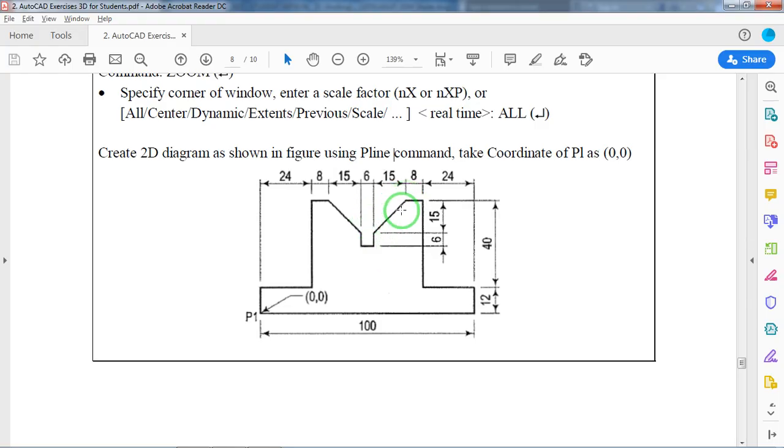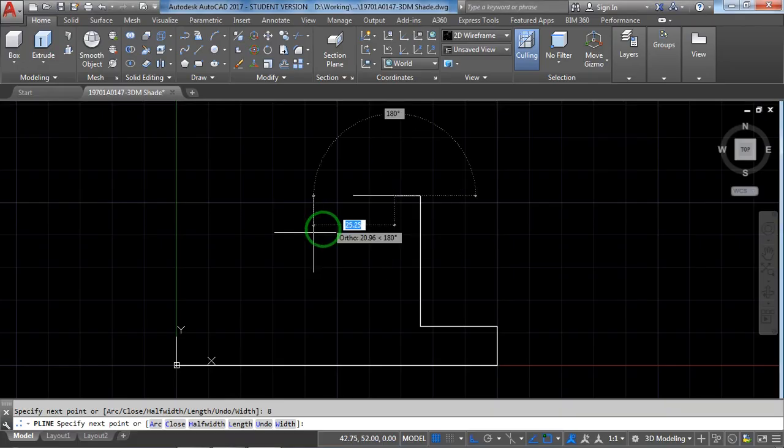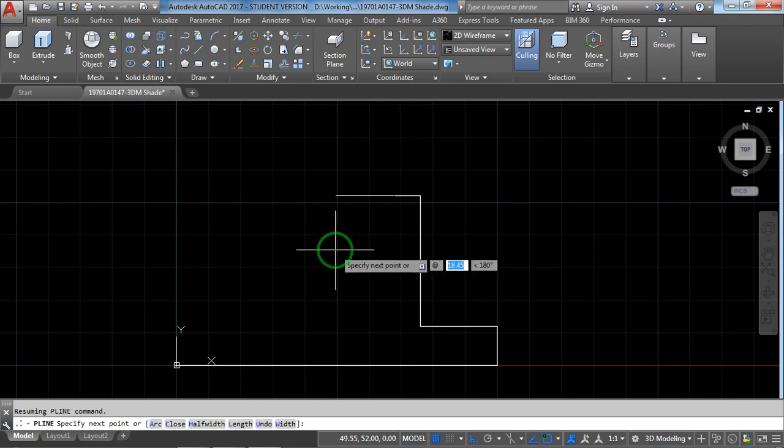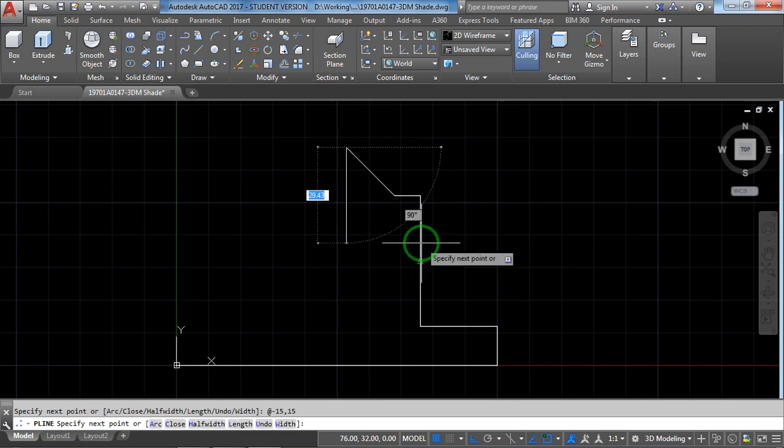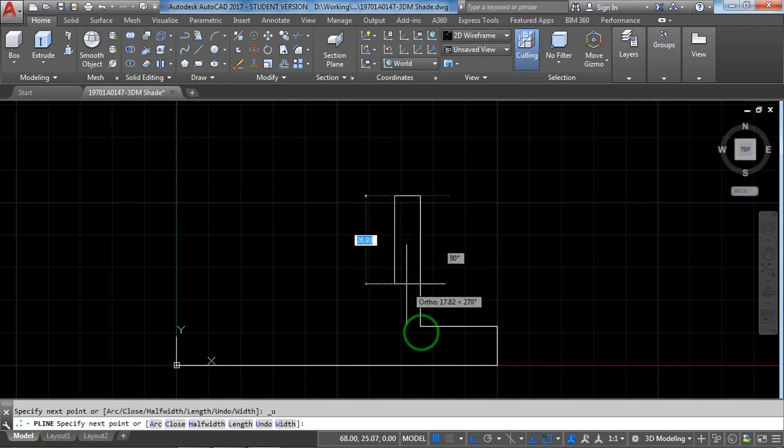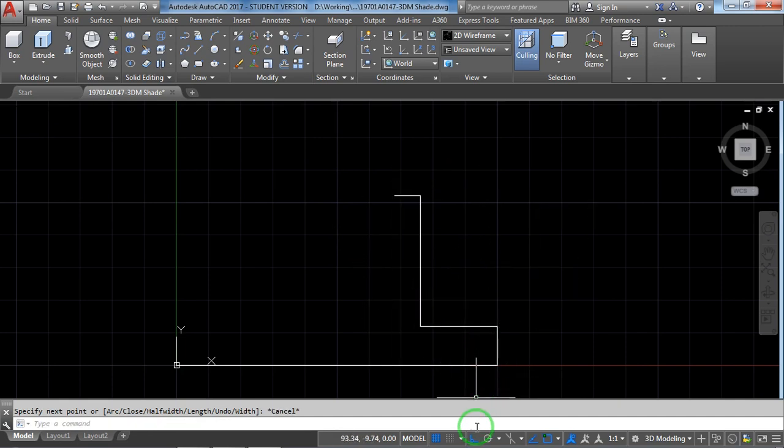Now with respect to this point we are using relative coordinates: x minus 15, y minus 15. Shift, at the rate minus 15 comma minus 15. Oops, sorry, I'm keeping ortho off.